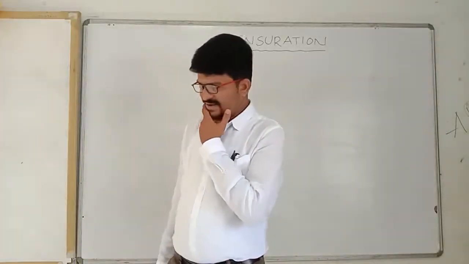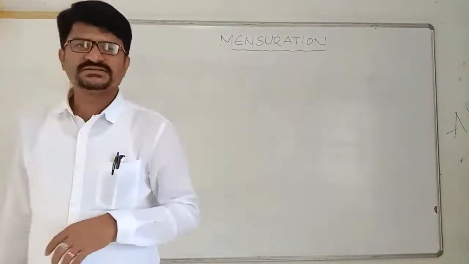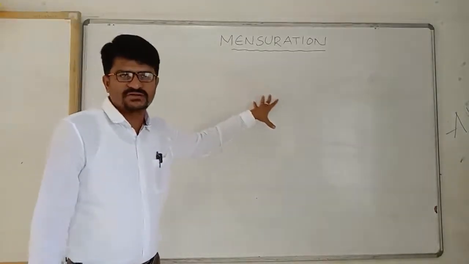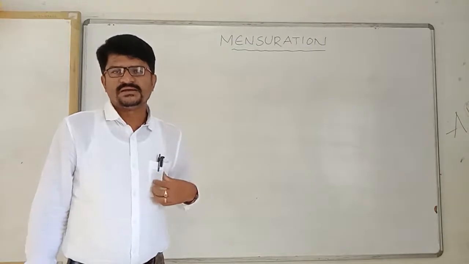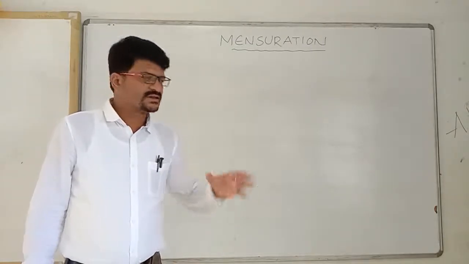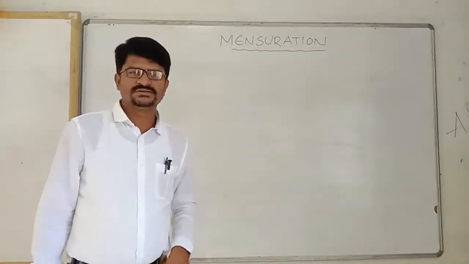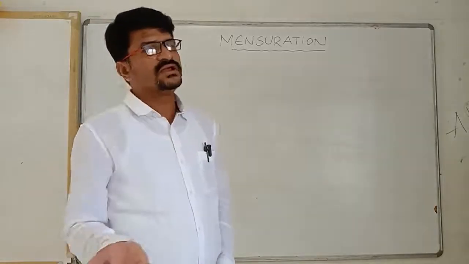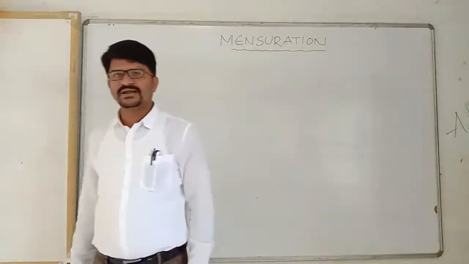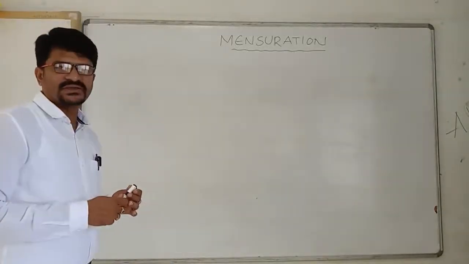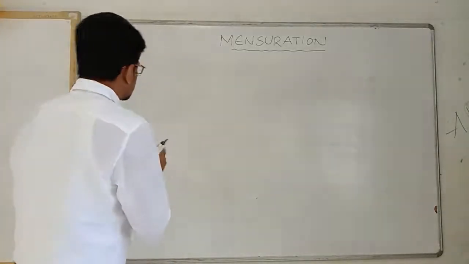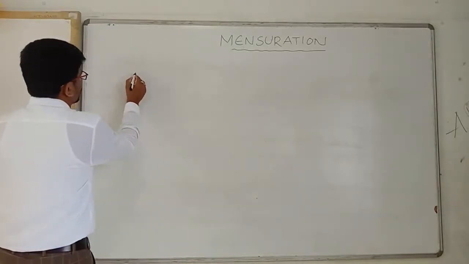Good morning, children. In the previous class, we practiced and solved problems related to the perimeter of a rectangular park, rectangular garden, rectangular tablecloth, all this. Now, today we are going to learn about finding perimeters of some regular shapes. Before that, I'll give you some formulas. First of all, write all these formulas.